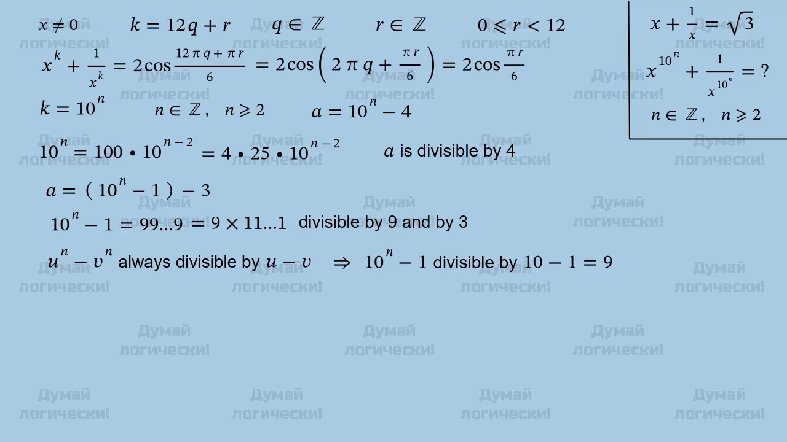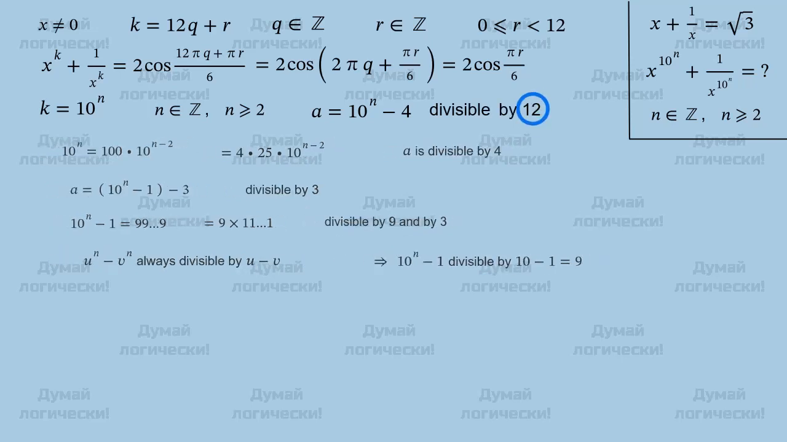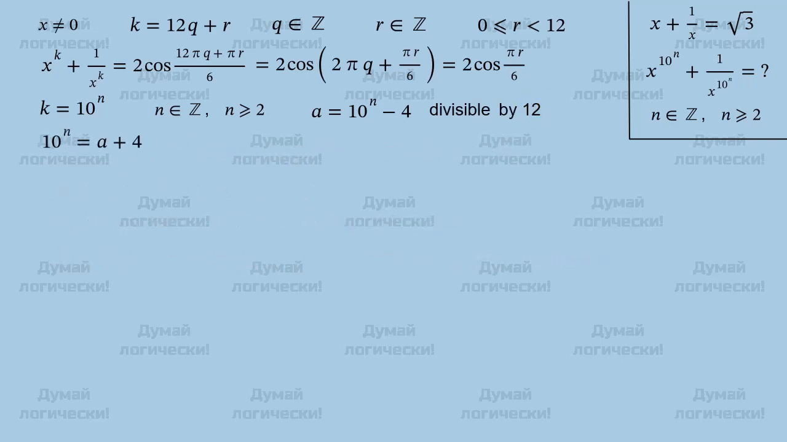In either way, we prove that the first term in the expression for a is divisible by 3, and after subtracting 3, we get a number which is still divisible by 3. Thus, it has been proven that a is divisible by both 3 and 4, therefore a must be divisible by 12. This means that 10 to the power of n, which is a plus 4, gives remainder 4 when divided by 12. Substituting 4 for r gives x to the power of 10 to the power of n plus 1 over x to the power of 10 to the power of n equals